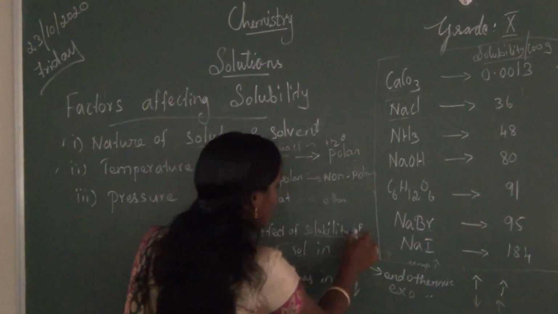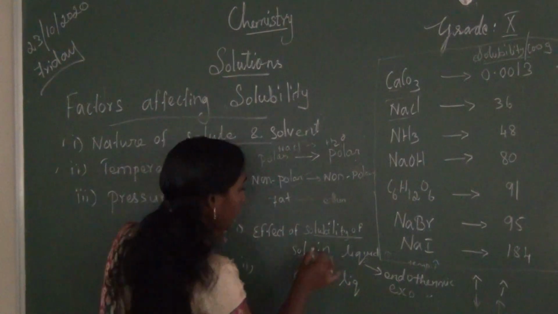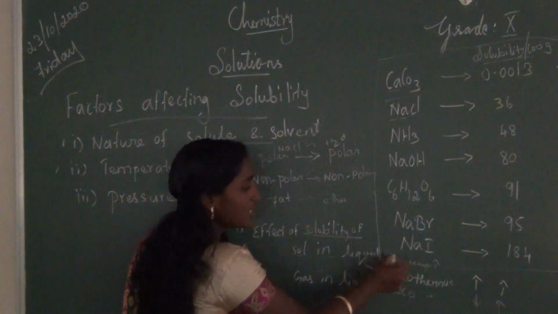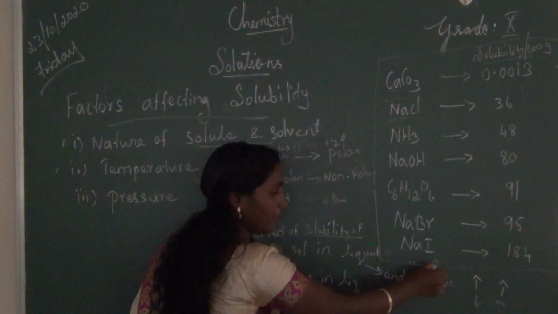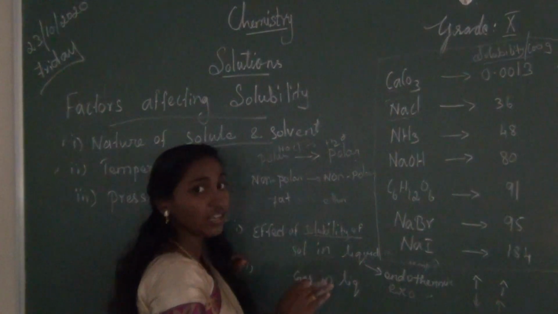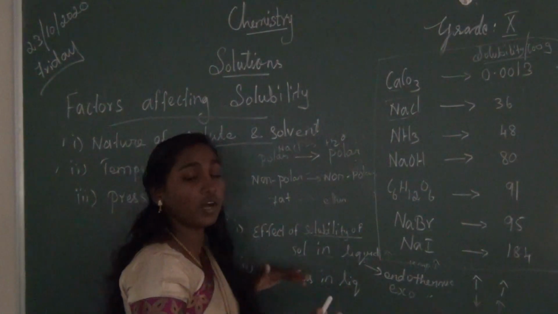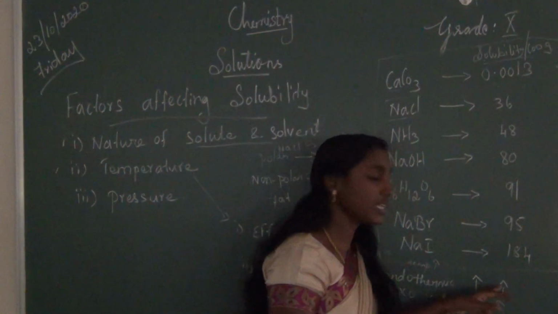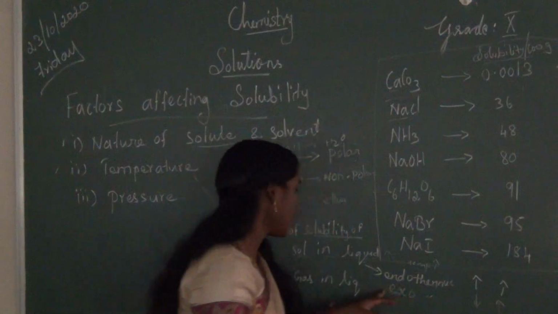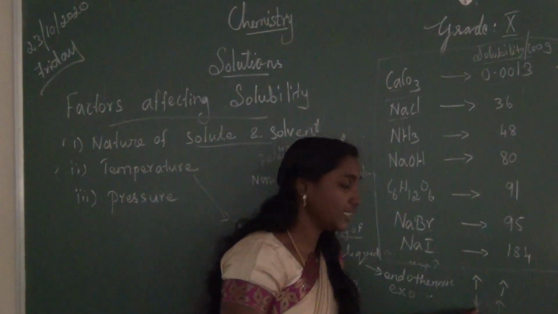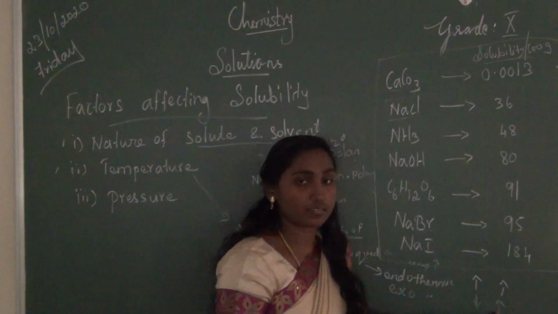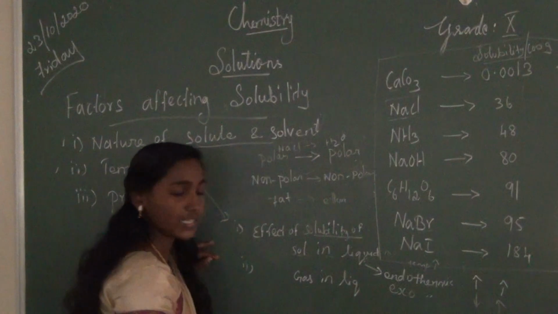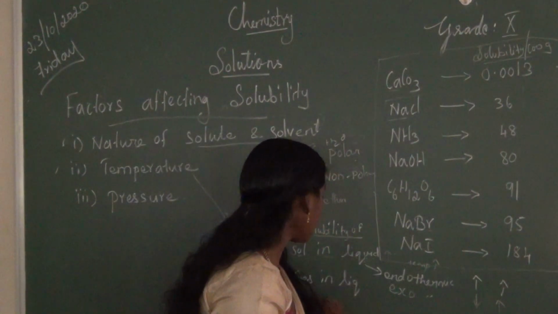Okay, so solubility of solid in liquid, what we studied under this topic? Solubility of solid solute in liquid solvent increases with the increase in temperature. Greater amount of sugar will dissolve in warm water than cold water. In endothermic process, solubility increases, temperature also increases. In exothermic process, solubility decreases, temperature increases. Then next we are going to study solubility of gas in liquid.